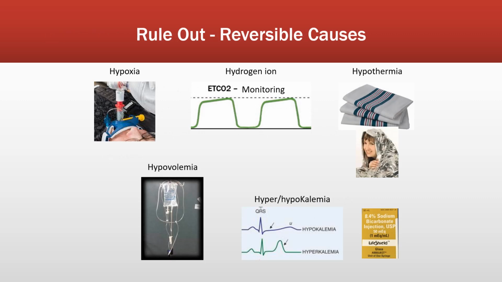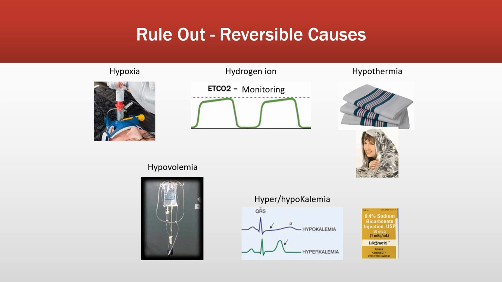Let's look at our 5 H's. Hypoxia. They are dead, so oxygen is not moving around the body, so we need to bolus them with as much oxygen as possible, 15 liters. Then slap that end-tidal CO2 continuous waveform capnography to monitor their hydrogen ions. Keep them warm. Keep them warm. They're not moving that warm blood around, so they're getting super cold, so cover them up, except for the parts